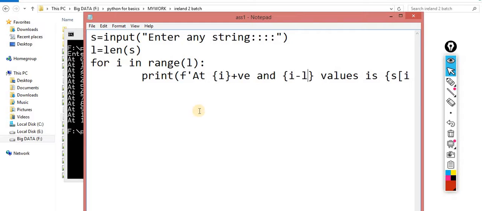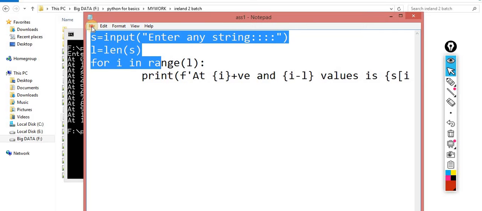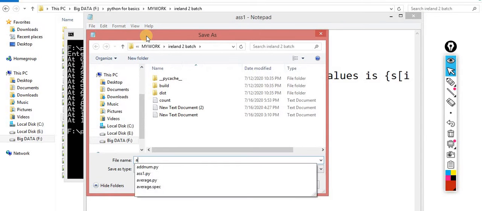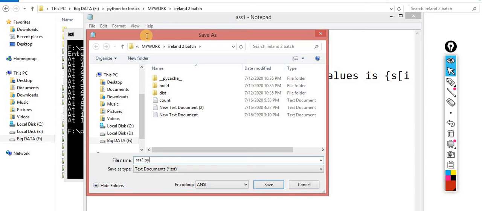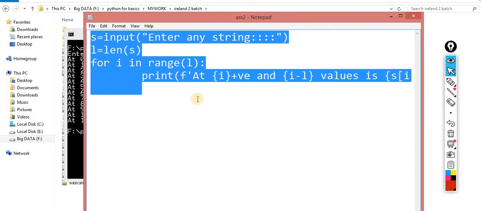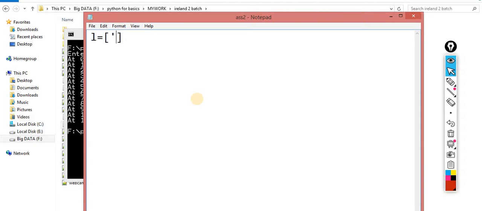Anyone having any question for this assignment? Okay, so the next one, I'm taking assignment number 2, save as of2.py. This time the data is in list format. So I'm taking a list something like this: 22-08-2020, then we take 90, then comma, again I am taking another value, copy and paste, comma, paste.